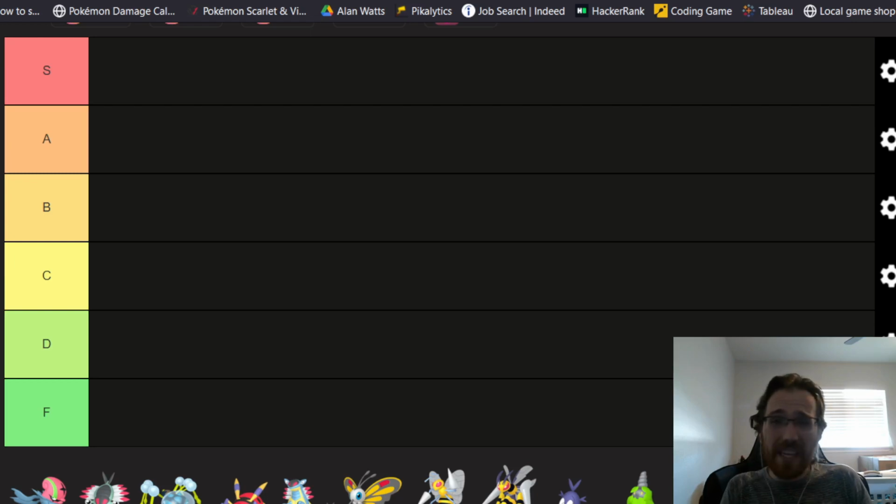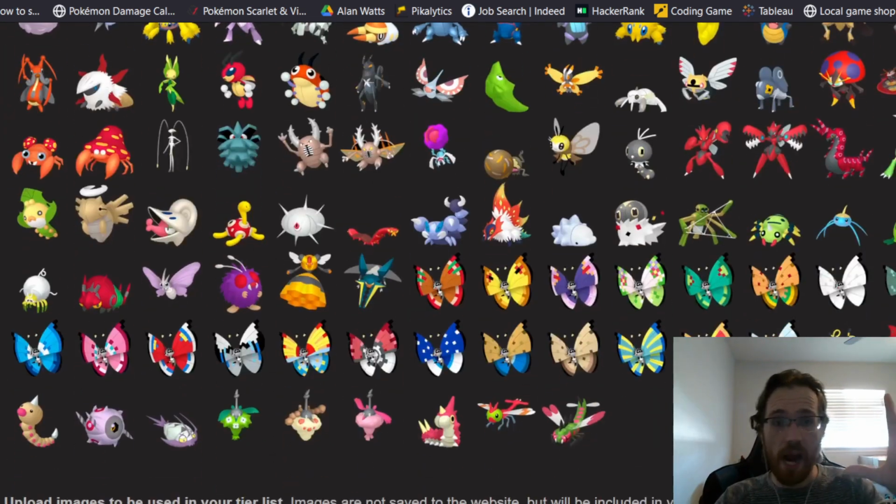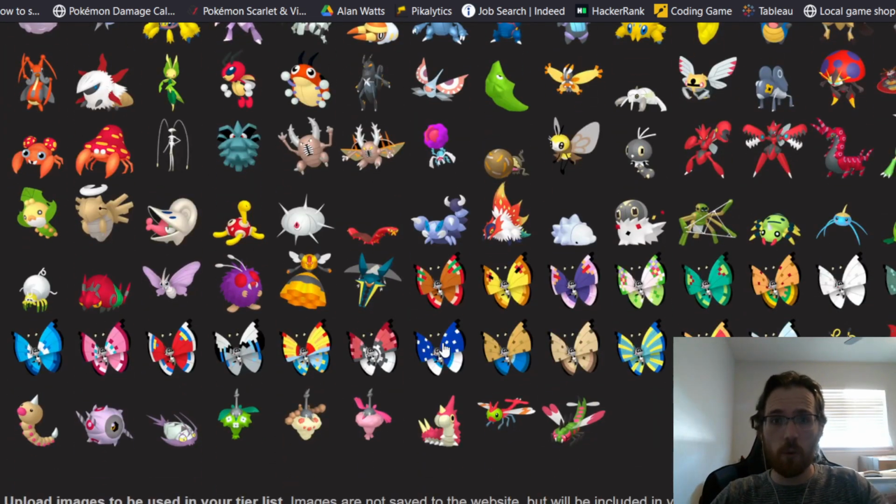Blipbug is the weakest type, but it is my favorite. I pissed off a lot of people with my previous tier lists that I have made. So for this tier list, this is purely based off of the design of each of the Pokemon. Nothing more, nothing less. Okay, as you can see, I'm doing literally every single form that I can think of